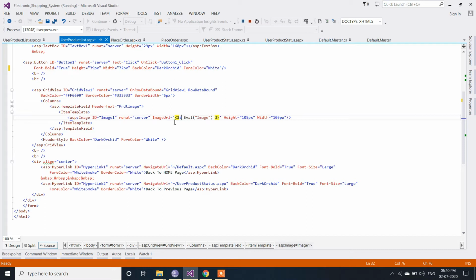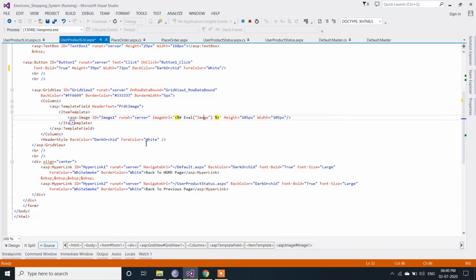Now in XP space we have to fetch any value. Then we have to take an open and close angular bracket, after that a percentage sign, at both ends, opening and ending also. If we want to bind a value which is coming from a database, then we have to use a hash here. After this percentage we use the hash, and Eval is a function which is going to bind the data for that control. Within the Eval function, the value which is passed from that column, the data will get here.